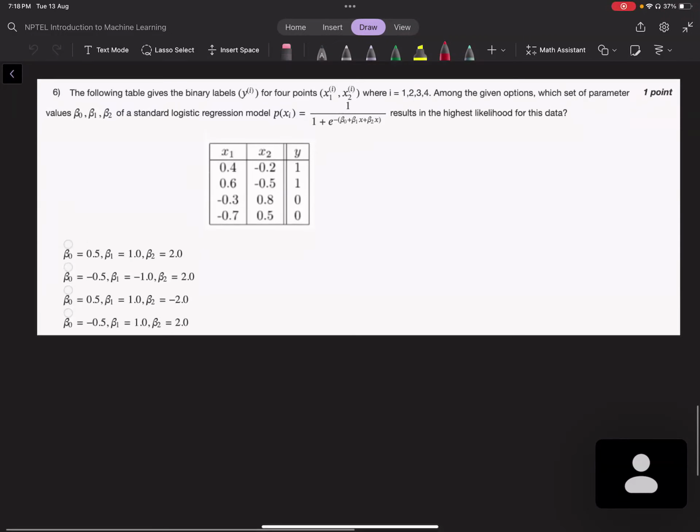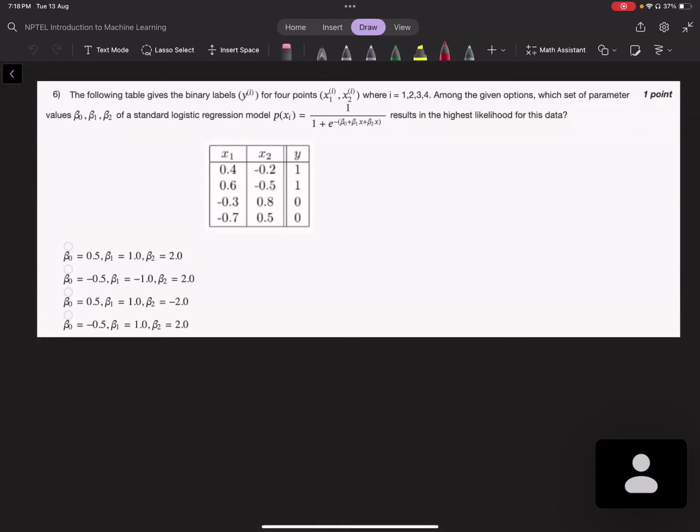Anyway, yeah, got it. So question number 6, I'm not going to solve because it is time consuming. Also, it's very straightforward. What it's saying is that x1 and x2 are the data points and y is the target. So this is a form of the logistic regression model, and this is the probability of xi given this point x. So what you have to do is find these parameters beta 0, beta 1, and beta 2,